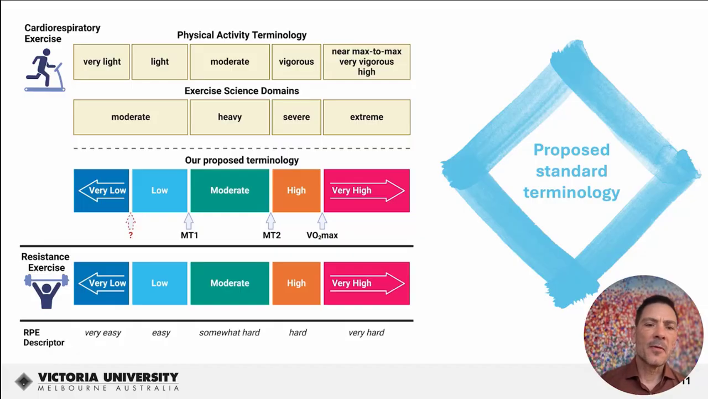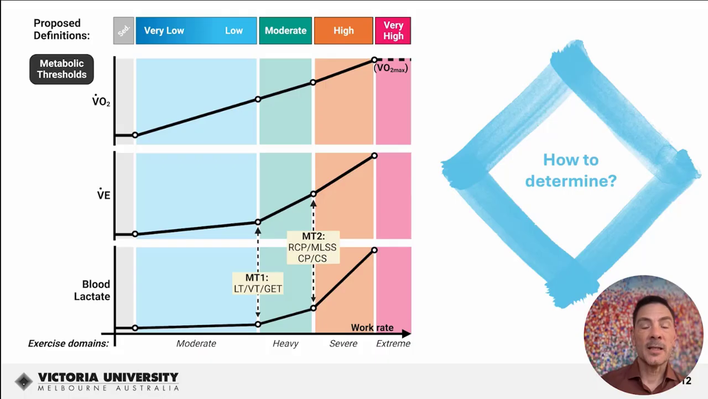So I guess after coming up with our proposed standard terminology, the question then becomes, how do you actually demarcate or determine these different intensities? And notwithstanding, I guess we appreciate that not everyone's going to have access to a physiology laboratory, but we felt like there had to be physiological determinants of these cardiorespiratory exercise intensities. And the best way we felt to do that was around the metabolic thresholds and also the VO2